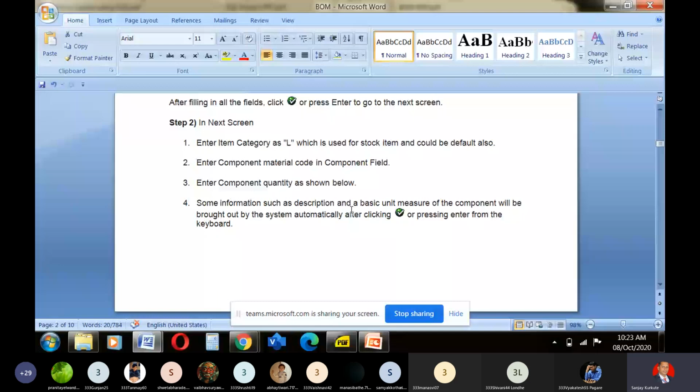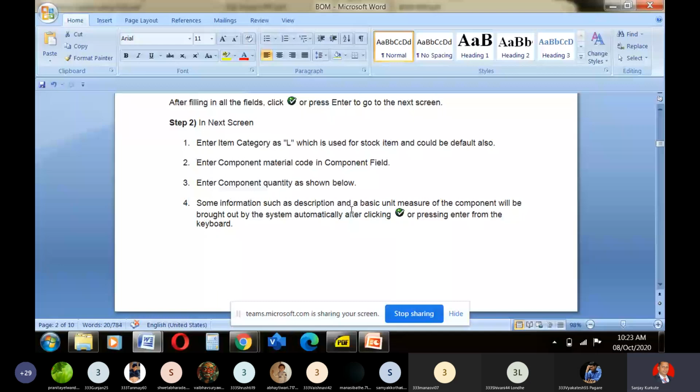Now this is the second screen. The item is the component, then component description, quantity, component model name, model number, correct, then description, we can say specification, and then quantity, and then unit. So these things are there.